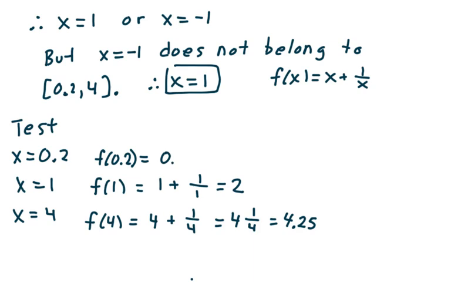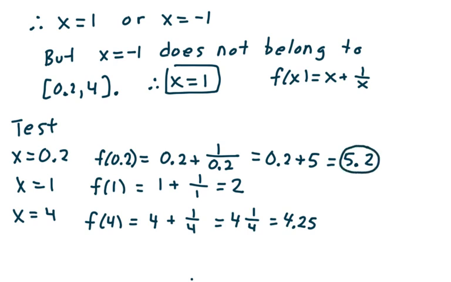I get 0.2 plus 1 over 0.2. This one's really interesting. Now, check out what happens here. You get 0.2 plus 5, which is 5.2. And so it looks like the highest y value is 5.2. The lowest y value is 1, which I think is very interesting. And so, therefore,